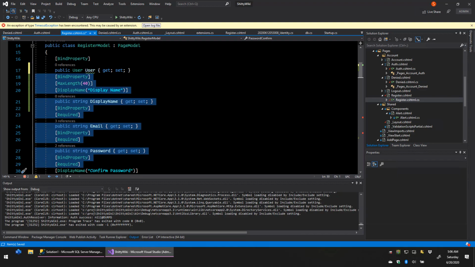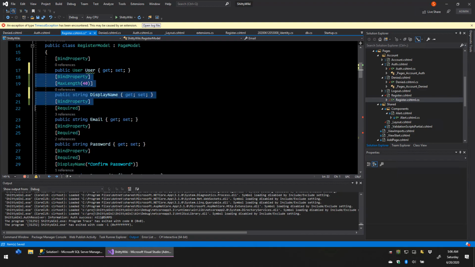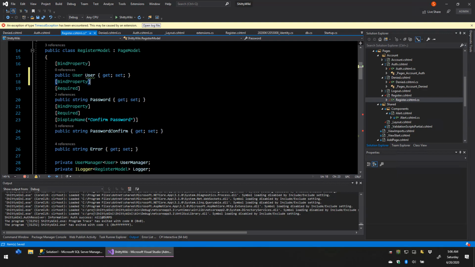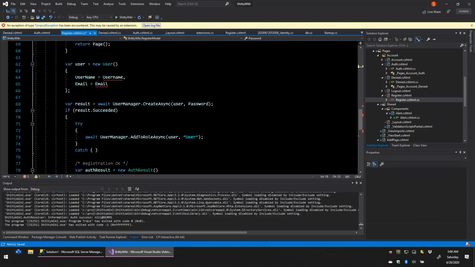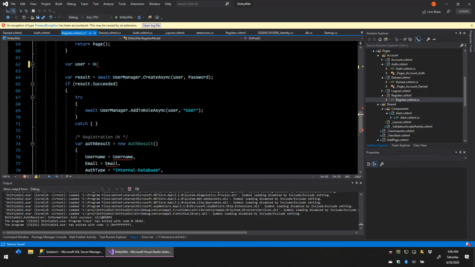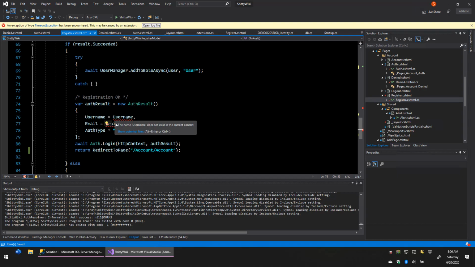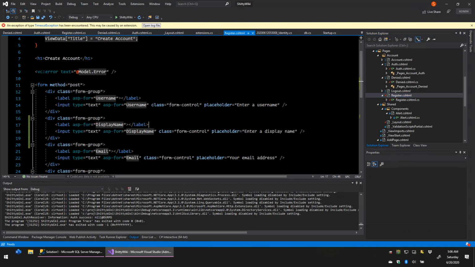Hold on, I'm going to copy that out. We're going to get rid of those things. We're going to leave password and password confirm where they are. And then down here, instead of creating a new user, we're just going to say user is user. And over here, we're going to say user is username, email is email, and this is user capital name. And then on our view, we can actually say user, I think this is a capital N,